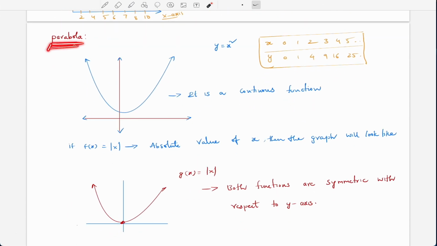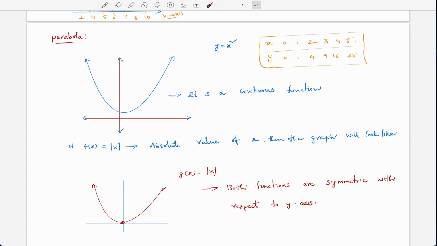So what is a parabola? I want you to research on your own. Just Google it, and you're going to get a lot of information. Research what a parabola is, how the name came about, etc. There is a lot of history out there. So I just want you to research that. I hope you do that, and I'm going to skip that part and give a practical